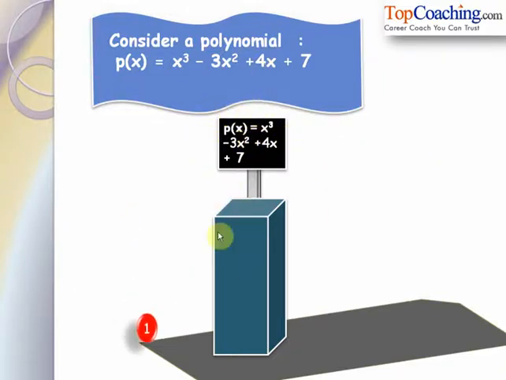So let us say that one such value is x equal to 1. If the input is x equal to 1, then the output would be p of x equal to 9. So this calculator gives the value p of x equal to 9 when the input was 1. But now how do we get this value 9? Why does this calculator give an output of 9? Why not 10? Why not 11? So let's try to check this out.